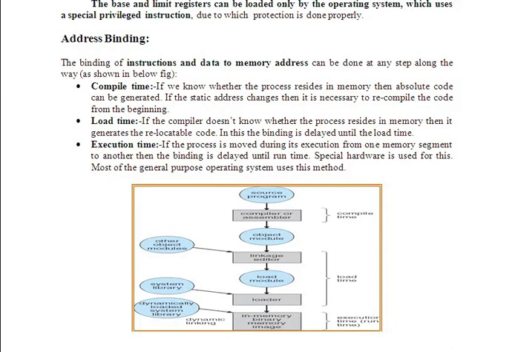I hope you understood how address binding works. Compile time means you know everything, where the instruction is, and you will go and get it done. Load time is when you move to the train correctly, but you will not know where it is. Sometimes it might be relocated, that is the only thing. And the last one is run time. This is how address binding works.